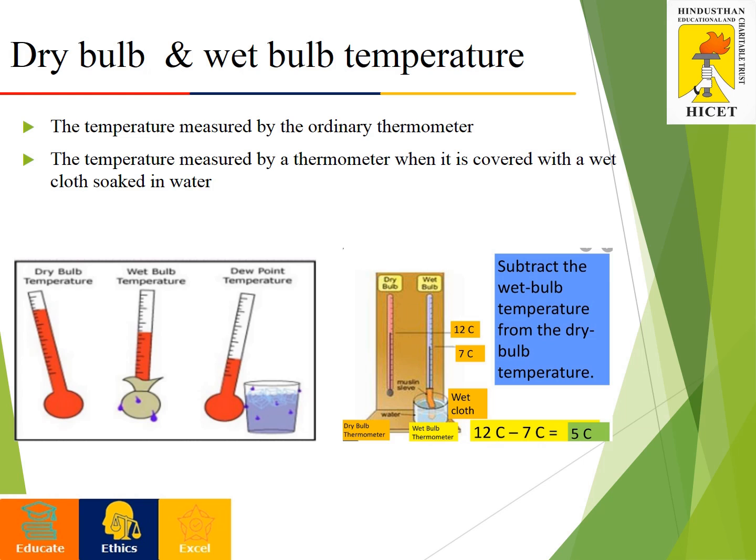That is the general atmospheric temperature. This is called dry bulb temperature. Wet bulb temperature is nothing but the same thermometer whose bulb is covered with a cotton wick which is saturated with water, and if the air is blown through that, then the temperature we measure in this manner is called wet bulb temperature. So this is commonly used in all the air conditioning applications. Both will decide the comfort condition also.